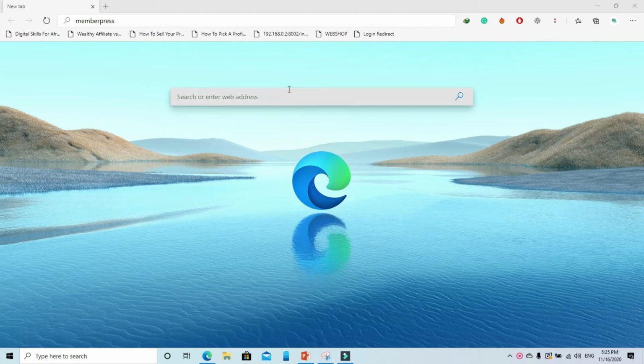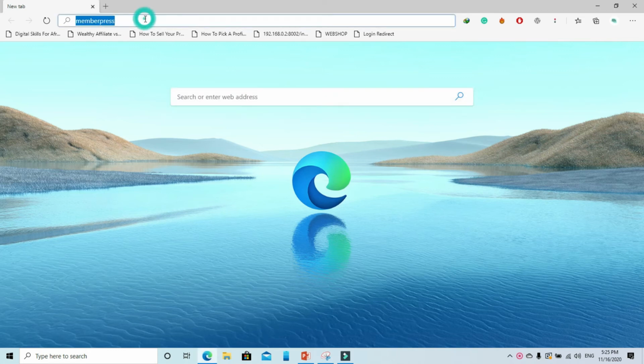So right now I'm going to take you through the process of actually getting the MemberPress plugin, signing up, the pricing, and actually downloading the actual plugin. I'm also going to take you through several features you can get with each pricing of your MemberPress plan. So to begin with, you can go through the link in the description below, or just go to